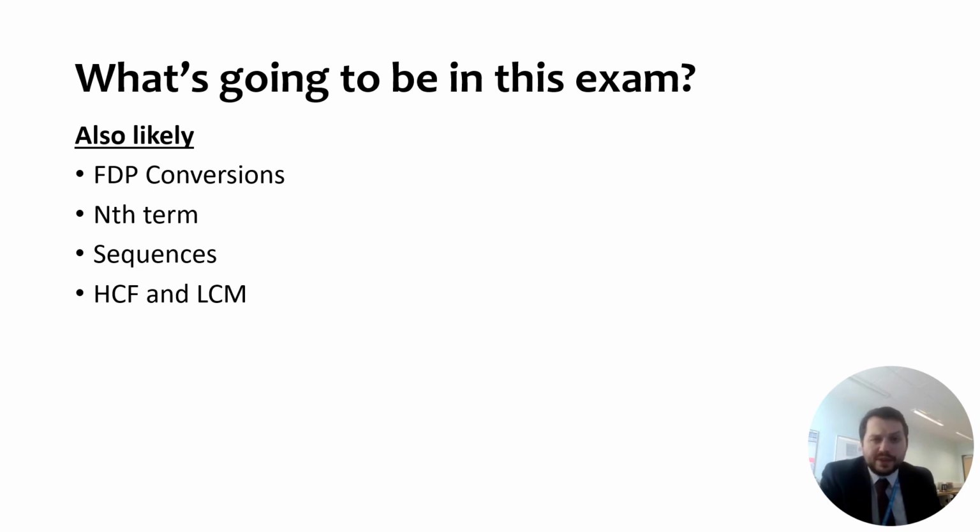Highest common factor and lowest common multiple, fairly common for a paper one. Can come up in calculator as well, but no reason why it couldn't come up in your non-calculator paper. You will almost certainly get angles questions across the three papers, so make sure you know your angle facts ready